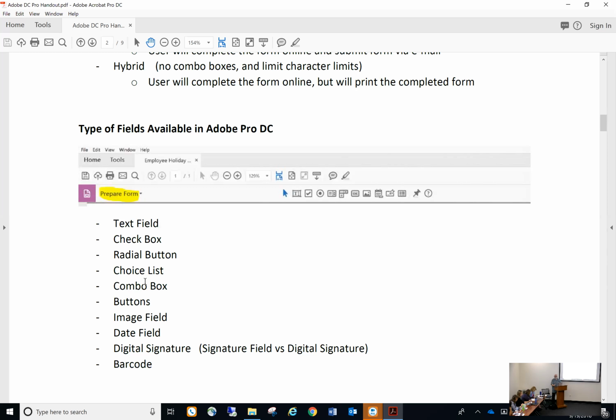We have choice lists. Okay, choose using a drop-down list of different things. So we can do that. Combo box allows us to do multiple selections of it. So even though the choice list and the radial buttons work very similar, a radial button, you actually see